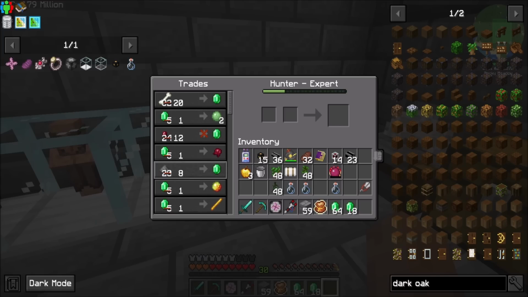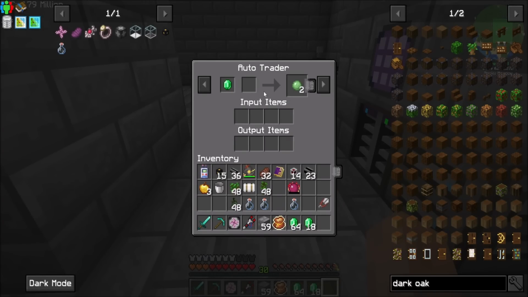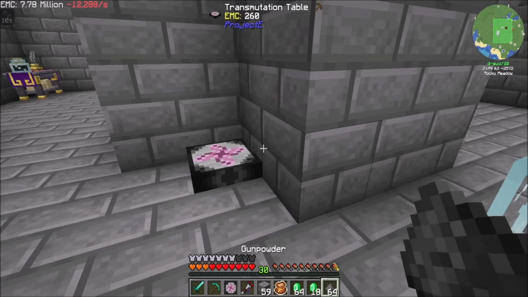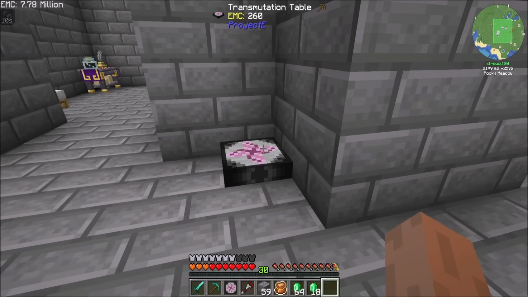So for this trade, we would auto it. We could probably just do gunpowder, right? So we would take him, put him in here, do the gunpowder trade, and then we just hopper in gunpowder, or laser IO or whatever. And it'll sit there and keep trading. Okay? And then eventually...